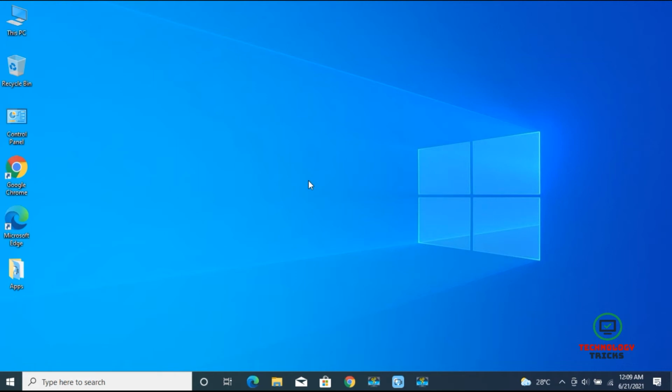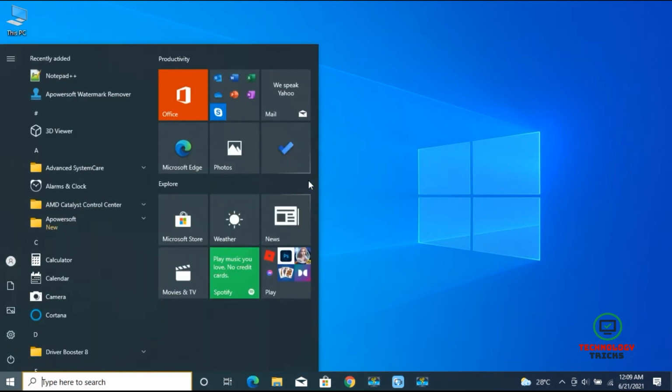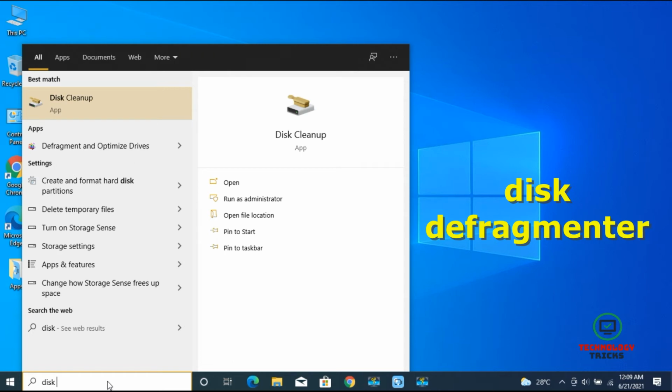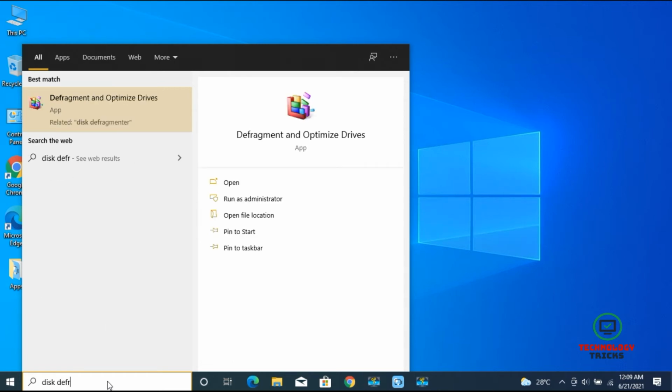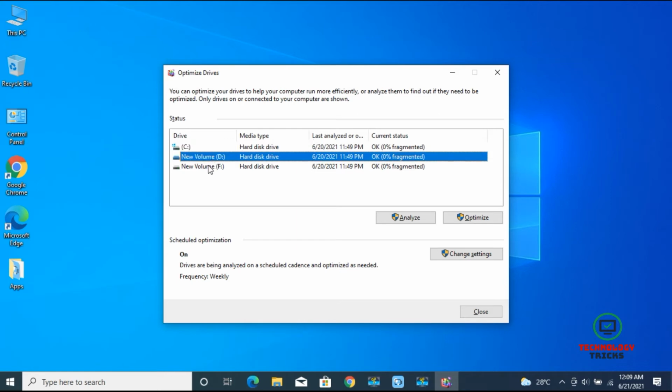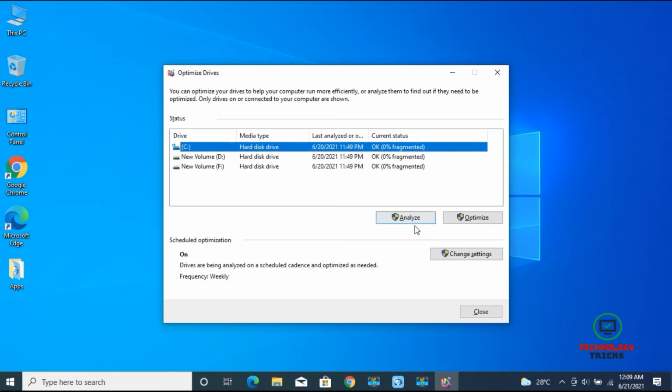Right now we're going to go ahead to the third trick. In the search bar again type disk defrag. Okay, so we got it here. Just press enter. We got this dialog box for Optimize Drives. You can see my drives here: C drive, D drive, F drive. First of all just analyze it. Click on analyze, select one and then another.